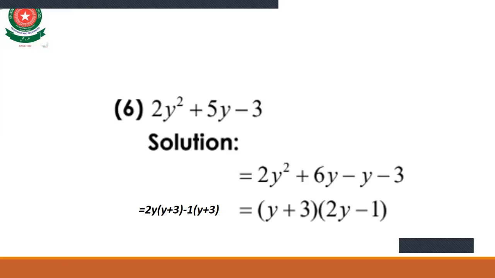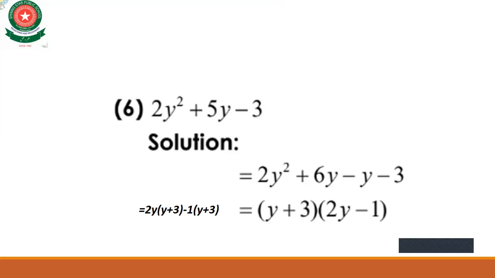By adding, 6 minus 1 is equal to 5, and by multiplying, 6 ones are 6. Okay, so here the common factor is 2y. 2y is common, remaining will be y plus 2 threes are 6, y plus 3, and in the next term minus